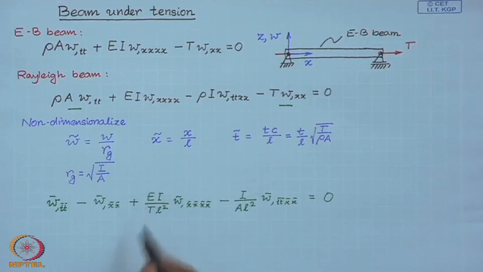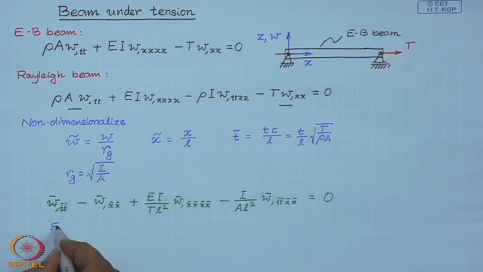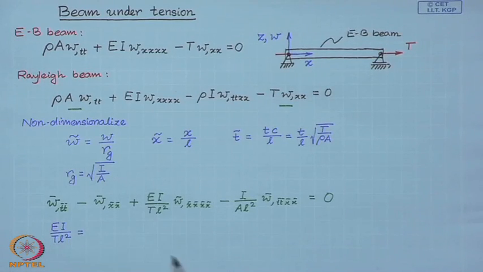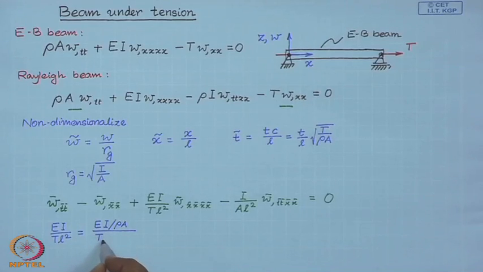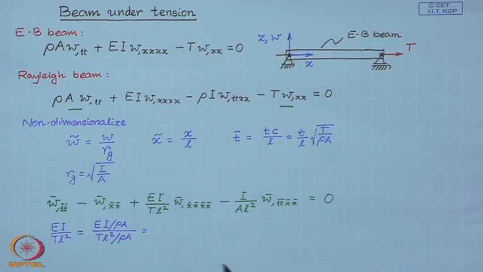Now, if you look at these coefficients, this can be written if you divide the numerator and denominator by rho A, then I can recast this as